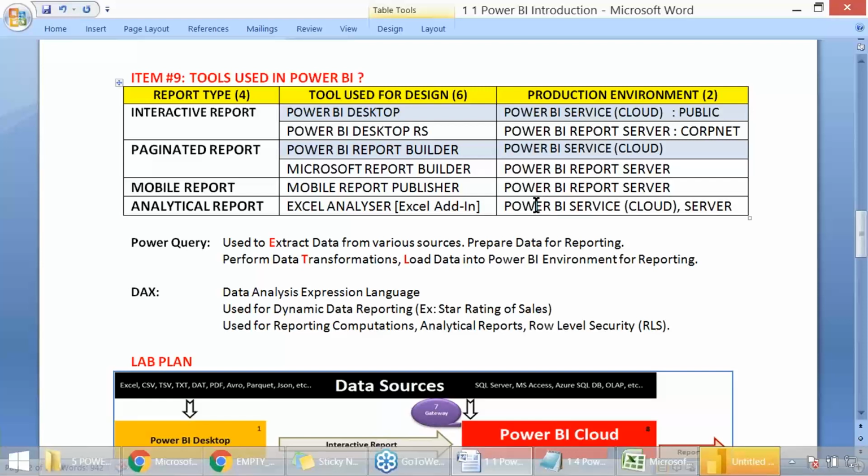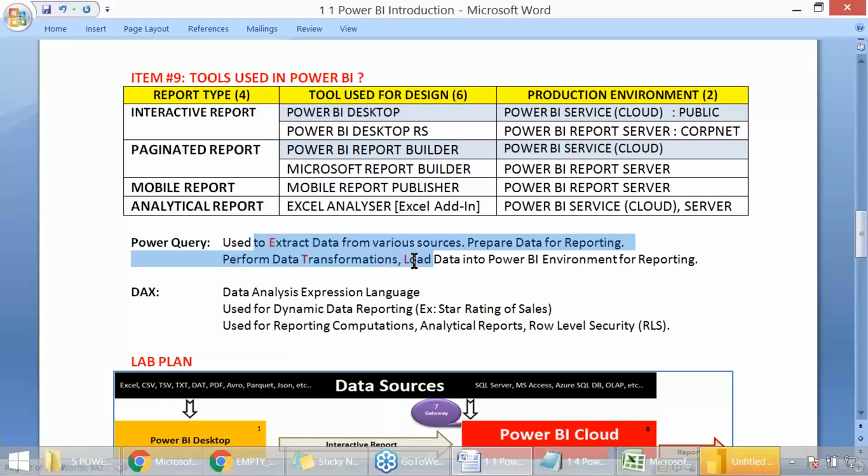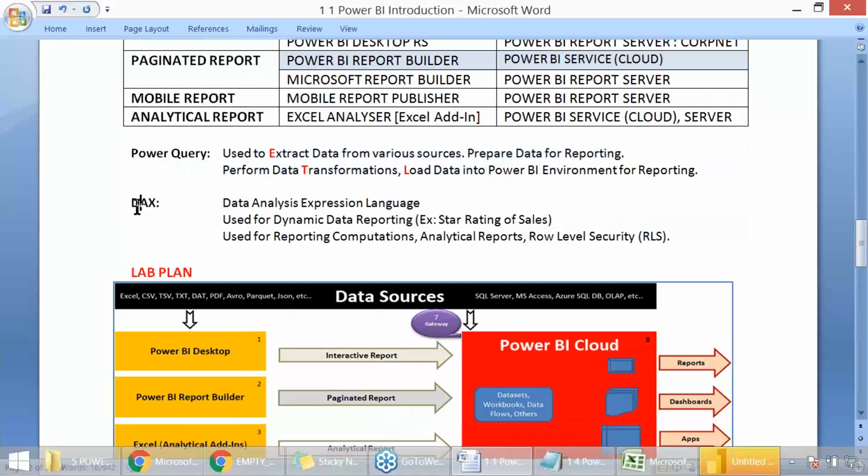So, to make it clear, in our journey, in addition to these 6 tools, we need to learn Power Query for extraction of data, transformation, and data loads, and DAX, Data Analysis Expressions language, for dynamic reporting. I was telling you a few minutes back, add value to your report, just like garnishing. We need to enjoy learning DAX, 50 examples each on Power Query and DAX.